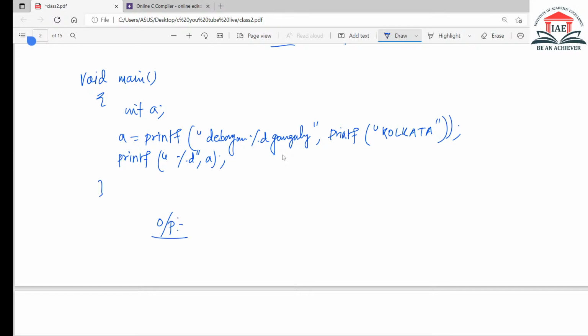First it will print Kolkata, right? It will print Kolkata. And after printing Kolkata, it will return 1, 2, 3, 4, 5, 6, 7 characters, right? And this 7 will be replaced there, right? That value will be replaced there. So what will happen? It will then print